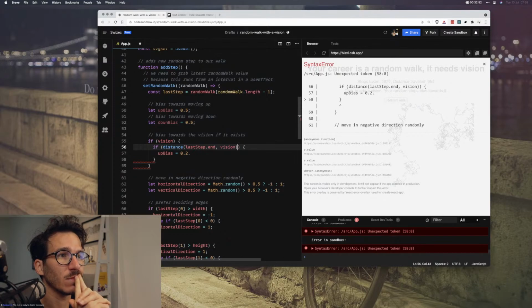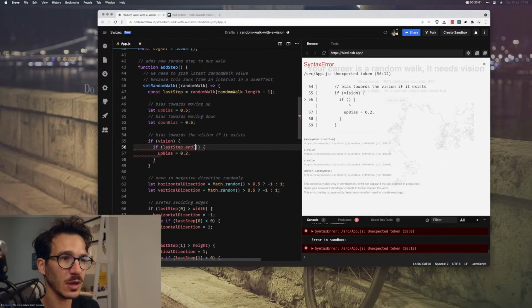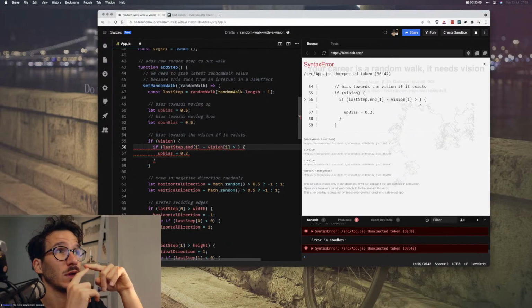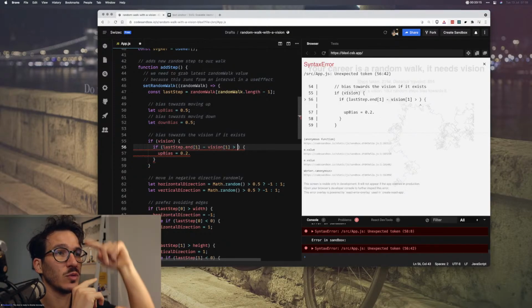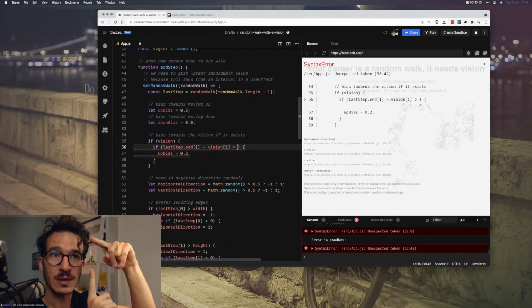Oh yeah, no, we can't do that. So we're just going to make it simpler. If last step dot end of 1 minus vision of 1, so the vertical distance between you and the vision is negative, so this minus that.